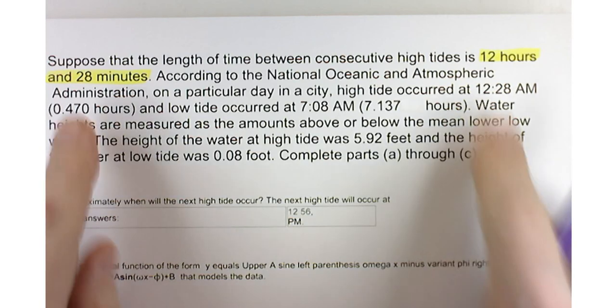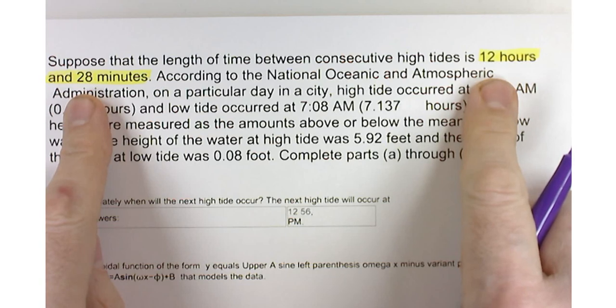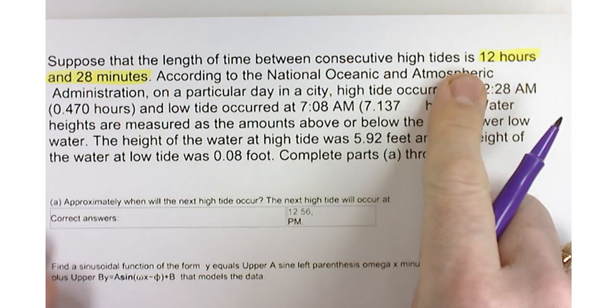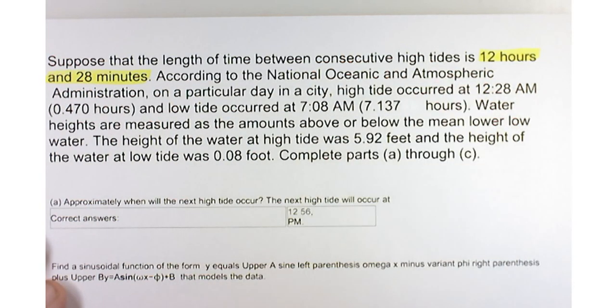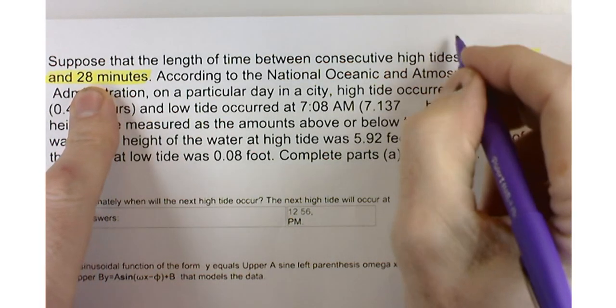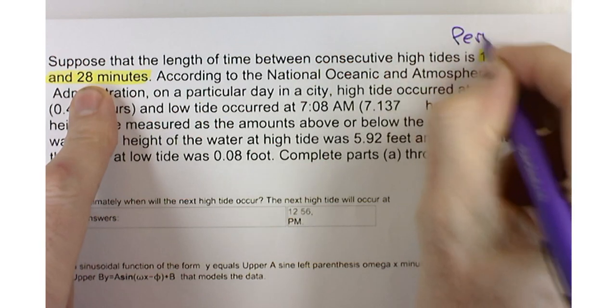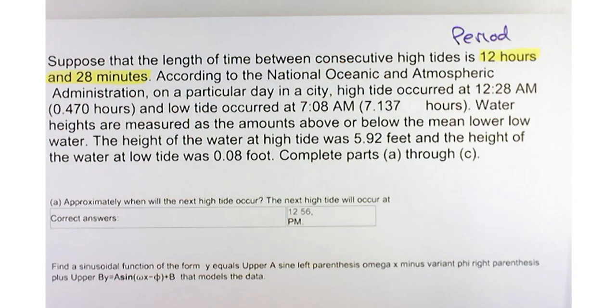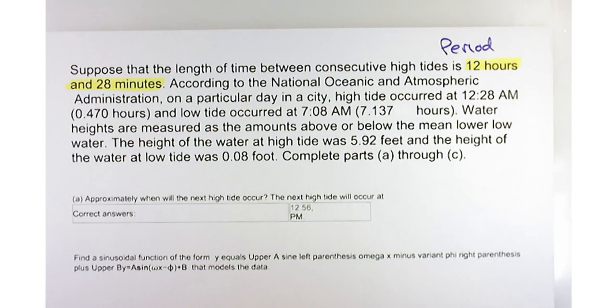So one thing that they tell us is that the length of the time between consecutive tides is 12 hours and 28 minutes. So what they're giving you here, wait for it, can you tell me? What's that 12 hours and 28 minutes represent? That's going to be the period. Now, we're going to convert everything to just units of hours. This problem is going to work with military time. So that means